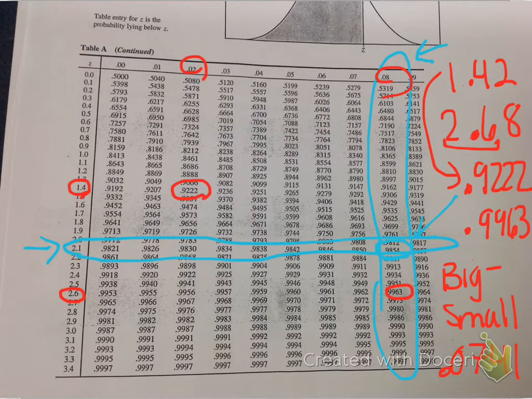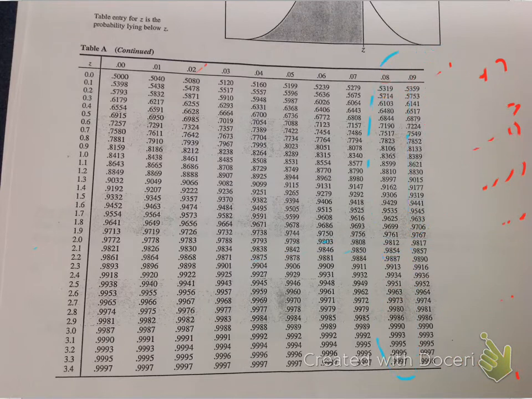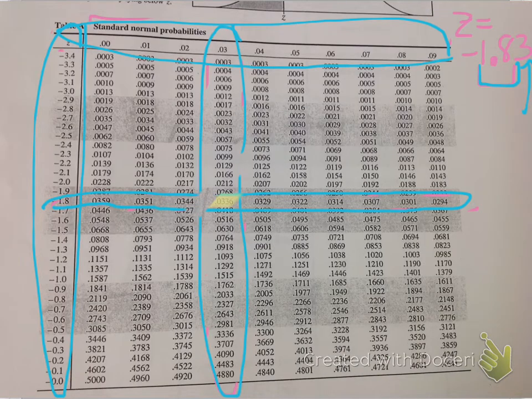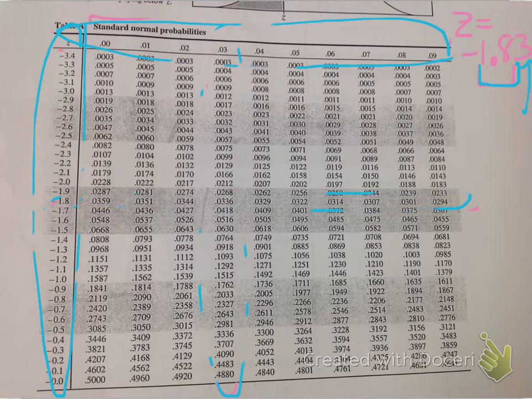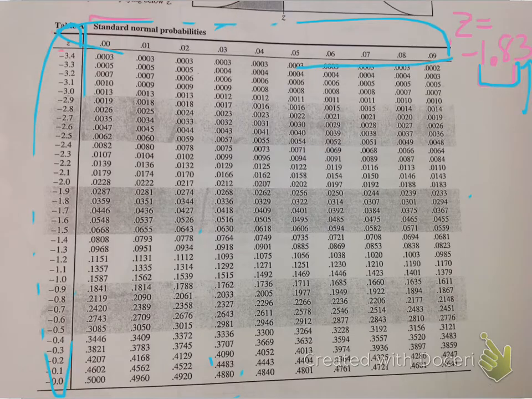I'm going to erase all this because I don't want it to get too confusing for you. And for those of you who are going to be bugged by all the extra marks that I don't get, I'm really sorry. Okay, so my percentile, my proportion is 0.0630. What I need to do now